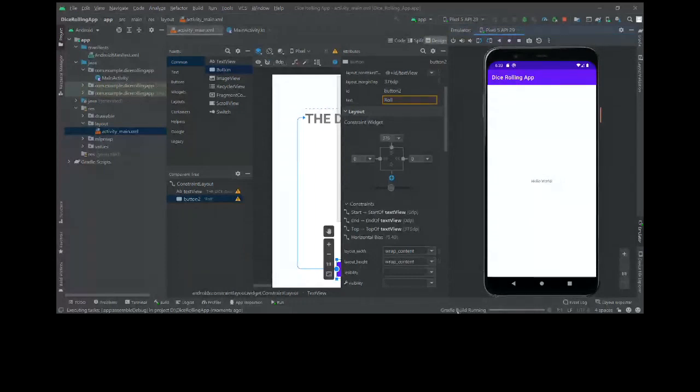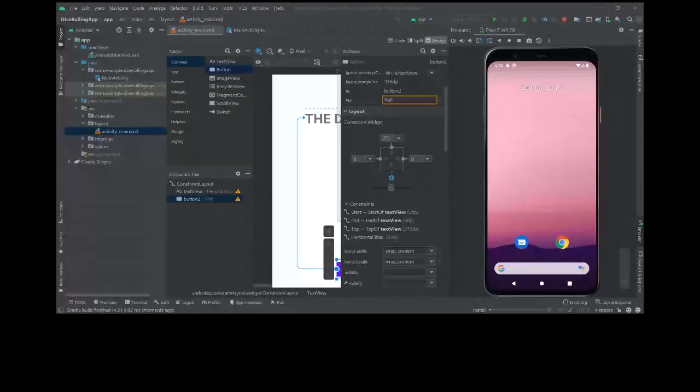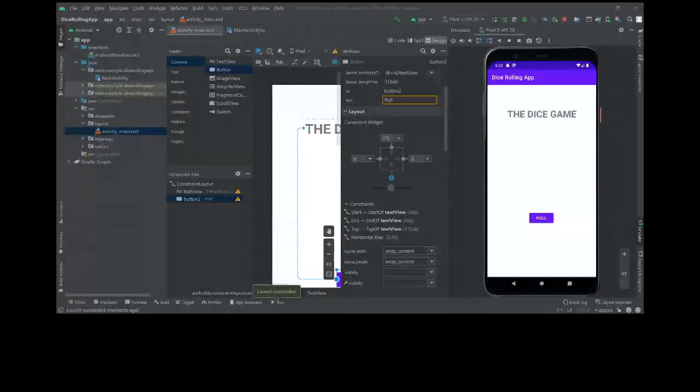Gradle build is happening. We have to wait for that. Install did not succeed. The application could not be installed. Did you enable USB debugging? When you connected your device, I think you got a notification on your phone. You should get a notification on your phone. 1 second, I will tell you what it will be.